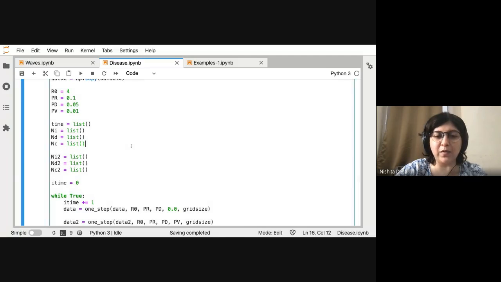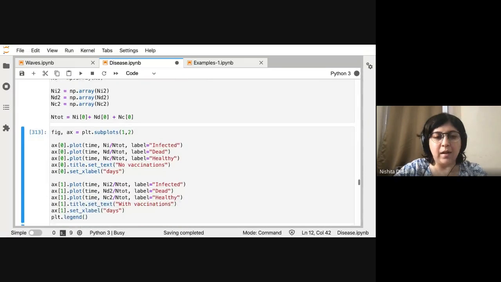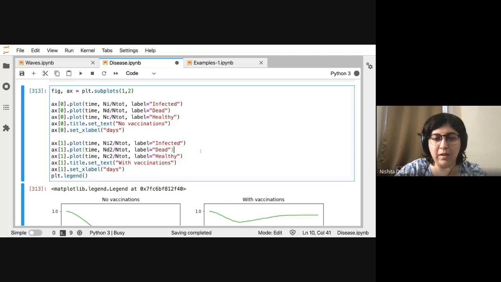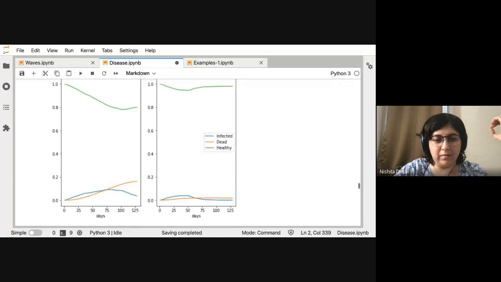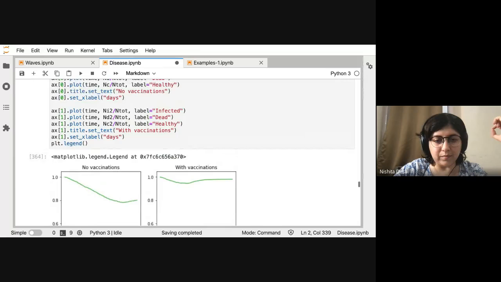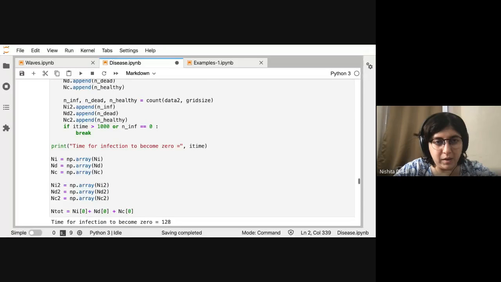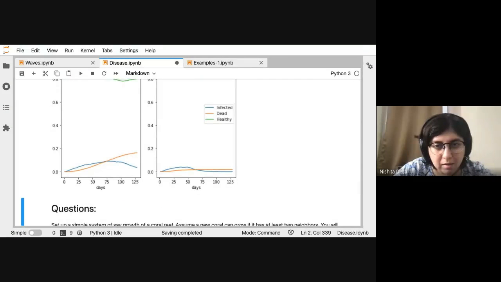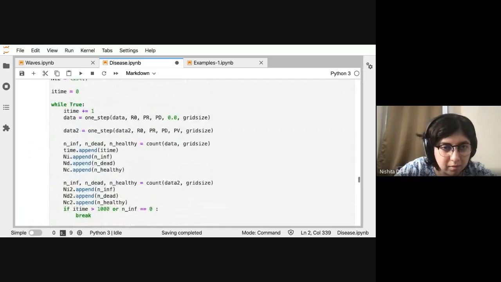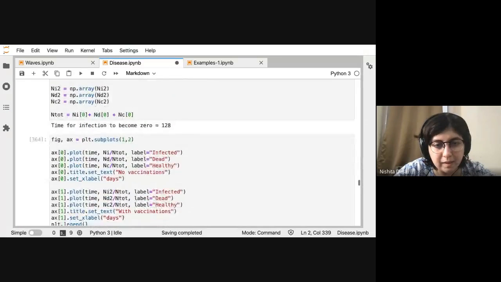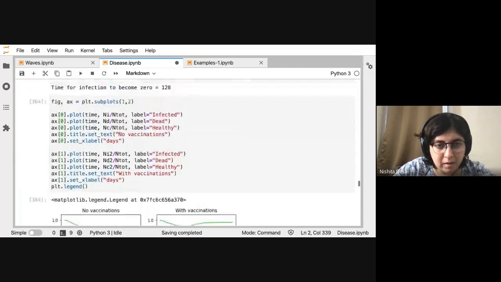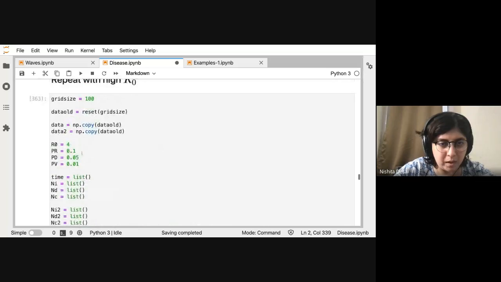We can repeat this for a higher R naught, and we can see what that looks like. We can also increase this just to make it a bit dramatic.